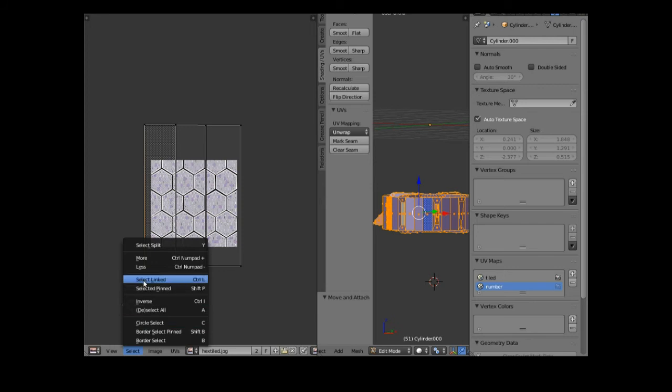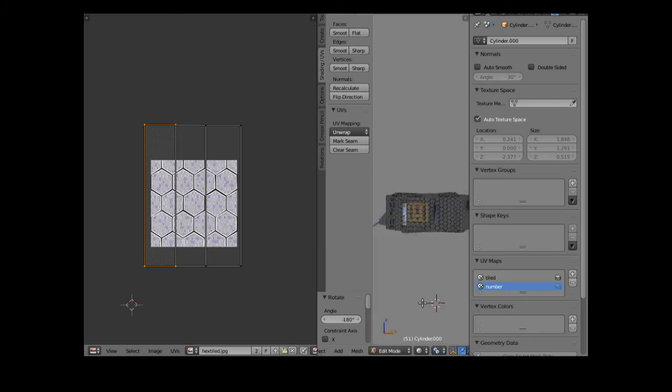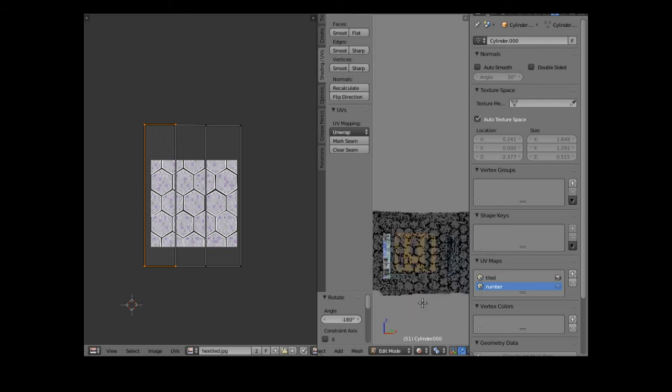Select linked, that will get all of that face, and we want R18, turn it round, and if I go into rendered mode here, you can see that we've now got our image, but our image is sideways. I want it kind of top up towards the window,